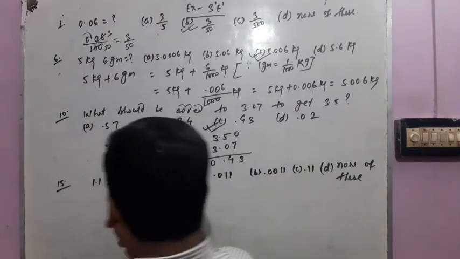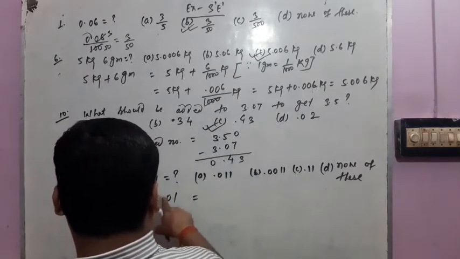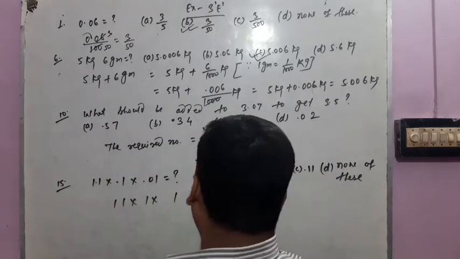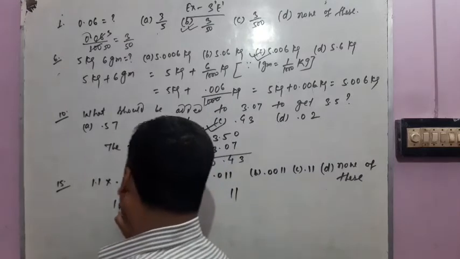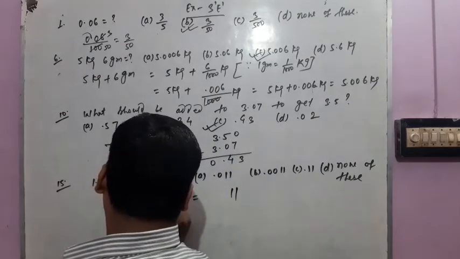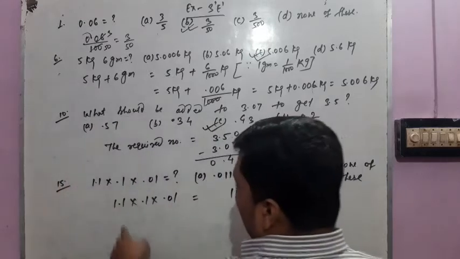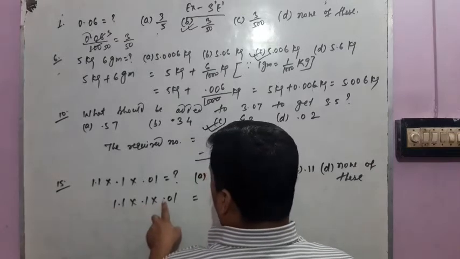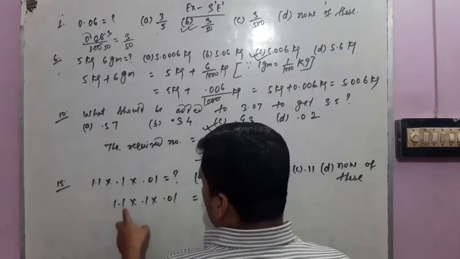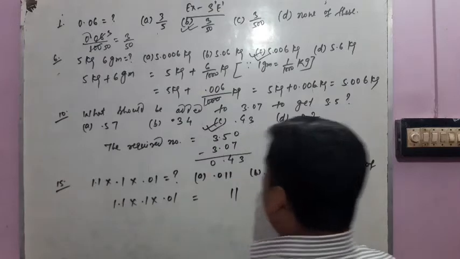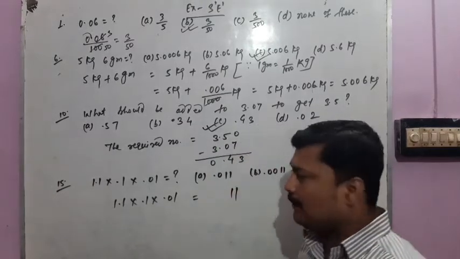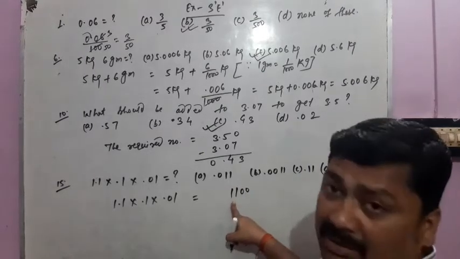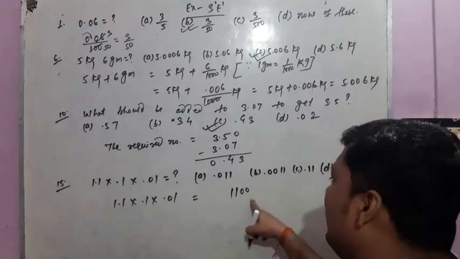So just remove the decimals from here. We have written 11, 1 and 1 here. Now, after the decimal, how many digits are here? 1 digit. After the decimal, how many digits here? 1 digit. And after the decimal, how many digits are here? 2 digits. So 1 and 1 is 2, and 2 more is 4. Here 4 digits are required after the decimal, but only 2 digits are here. So if we put 2 zeros here, the value of this number will be increased: 11 becomes 1100.